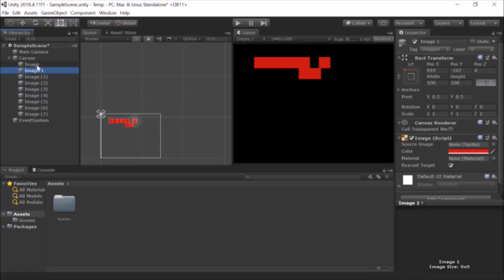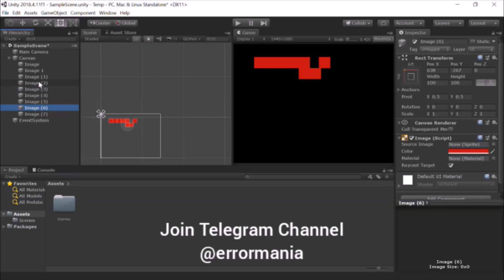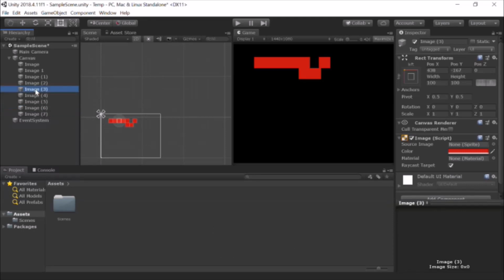Every game object or UI element or any such thing, whenever you click on it, this inspector window will open relative to that object or UI element.